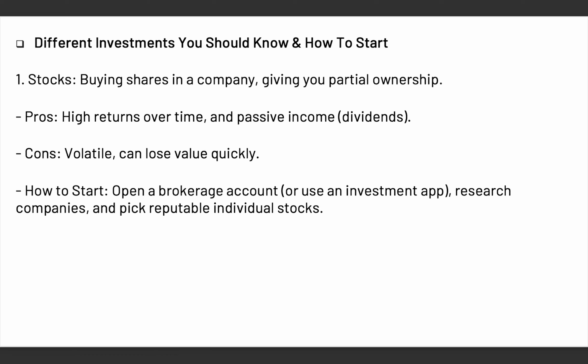So for me, I always invest in top companies in different industries, and that way I'm diversifying my money. So for example, I invest in top companies in the tech industry, the food industry, the pharmaceutical industry, the energy industry, and the financial industry. These are the ways I diversify my investment in stocks, and I make sure I invest in something that I know will last for a very, very long time. So that's just the process of investing in stocks.